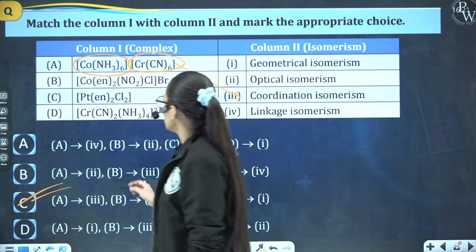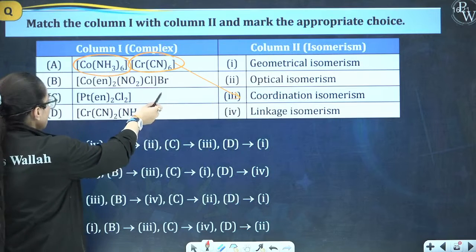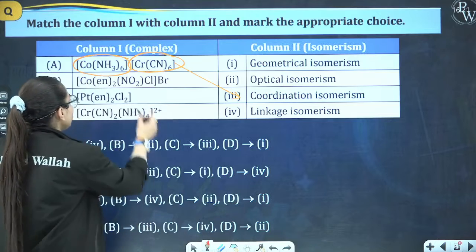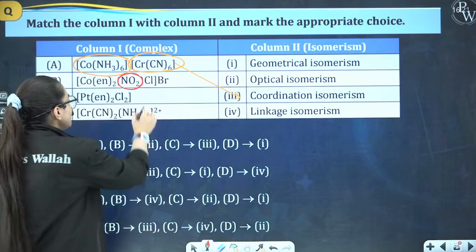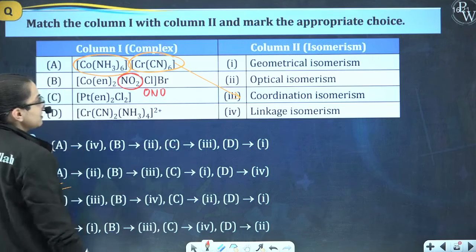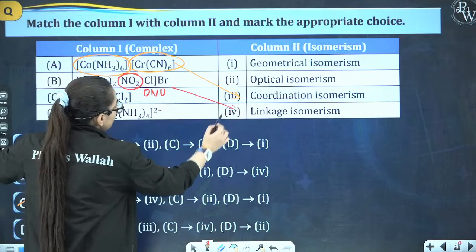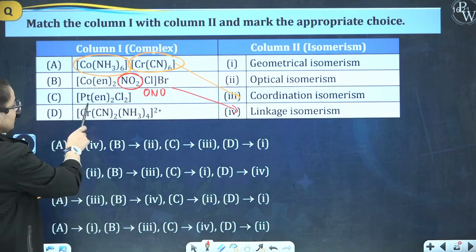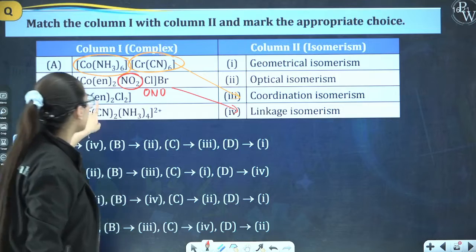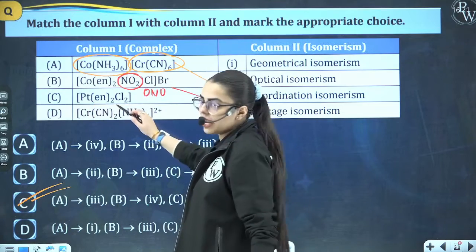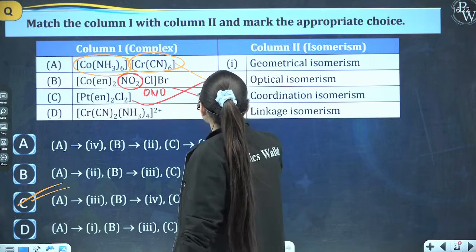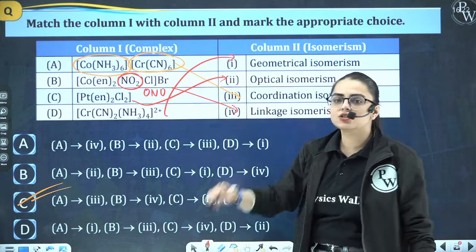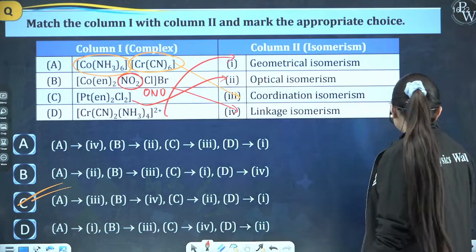See, in the next case, here this Br negative will not come inside. Here we have NO2. It is acting as an ambidentate ligand, so you can also write ONO over here. That means it is a linkage isomer. So if it is a linkage isomer, it is option number 4. So B will be referred to as option number 4. Now if I talk about this C, it can exhibit which kind of isomer? Here we have en, twice, that is ethylenediamine, and it will exhibit optical isomerism. And the last one will exhibit geometrical isomerism. Clear?